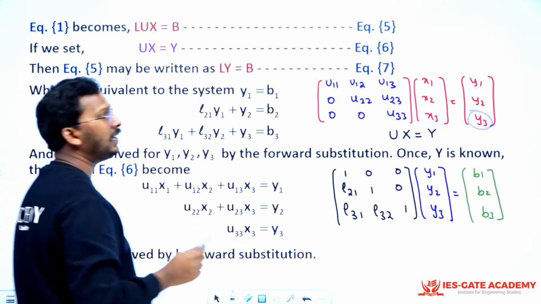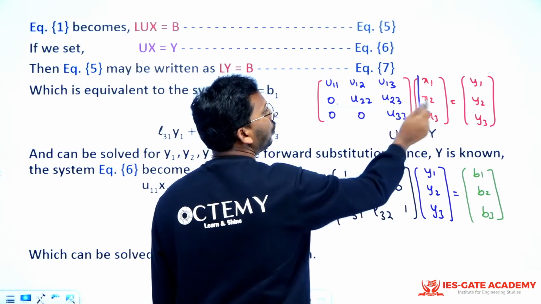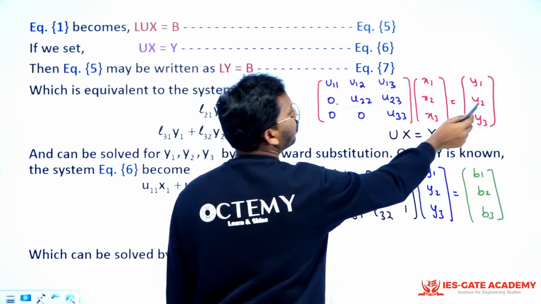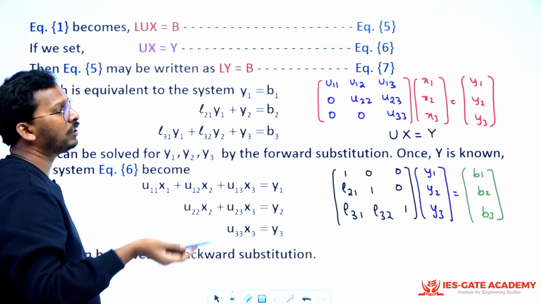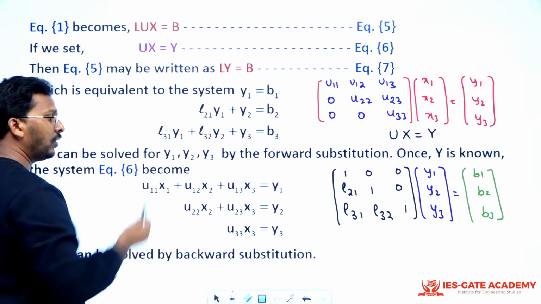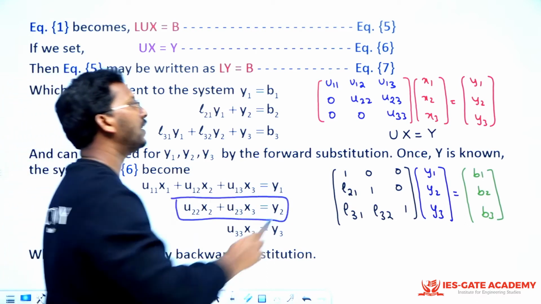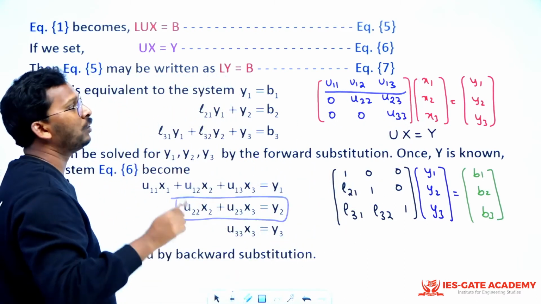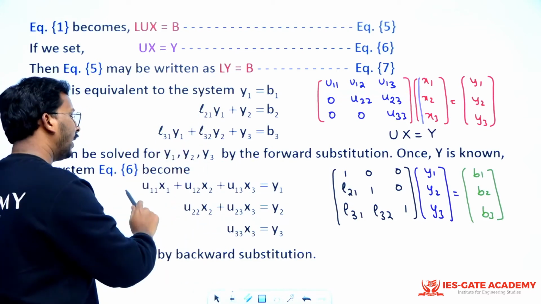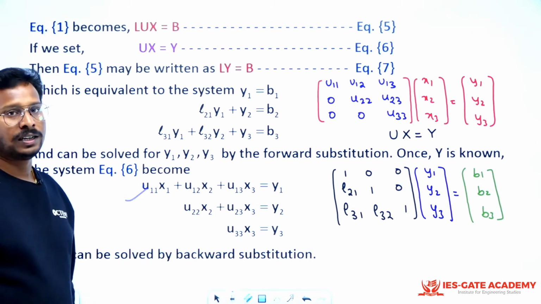Now you know U33, you know y3, so you will get x3 from here. Once you have x3, then this into this you will do. So what will you get? U22 x2 plus U23 x3 is equal to y2. Now you know x3, U22, U23 and y2, which we got just now. So from here you get your x2. Similarly from the first one, you know x2, x3, U11, U12, U13 and y1, so you will get your x1 from here, right? So this is the way you will have to understand.